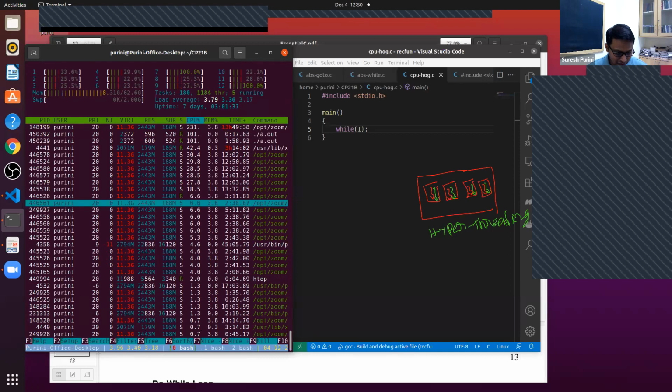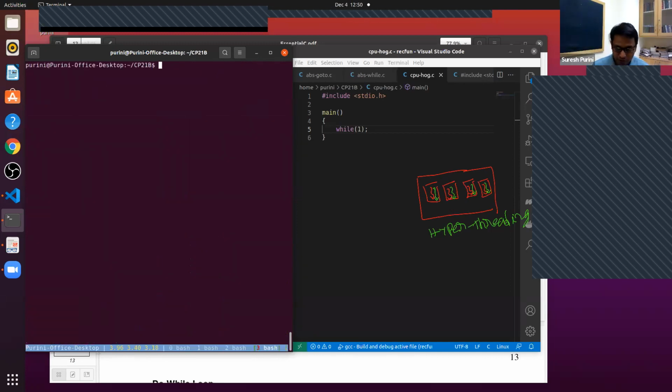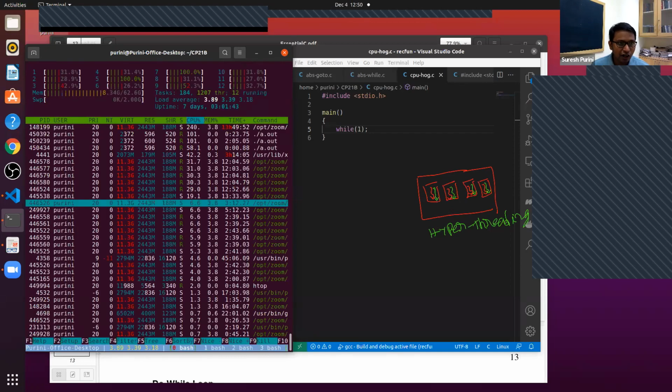Now let's try to run one more program. Now you will see there are 3 cores that are busy. Yes or no? Happy? There are 3 cores. 7, 8, 9, they are busy.